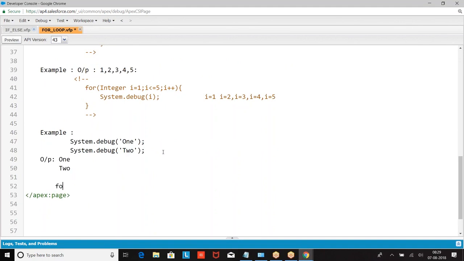Same thing if I'm writing a for loop with integer I equal to 1, I is less than or equal to 2.